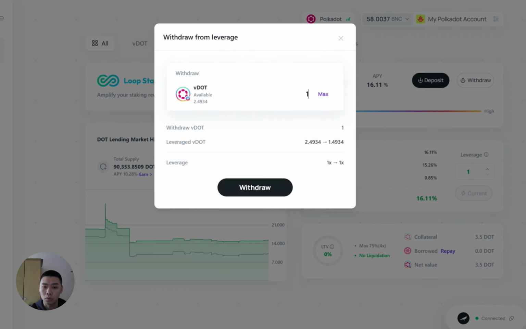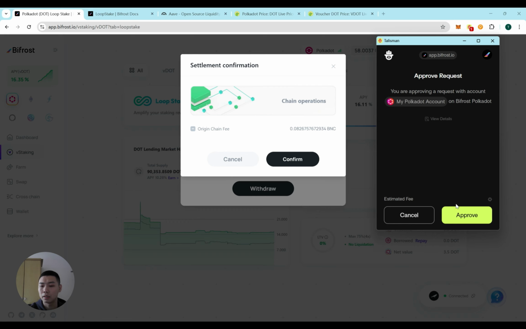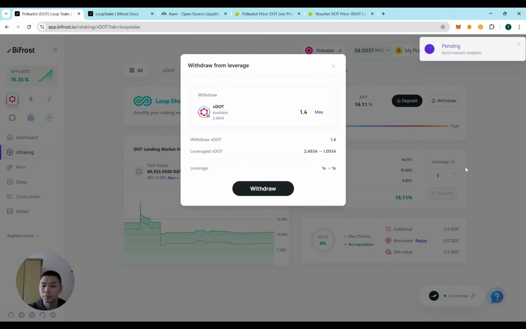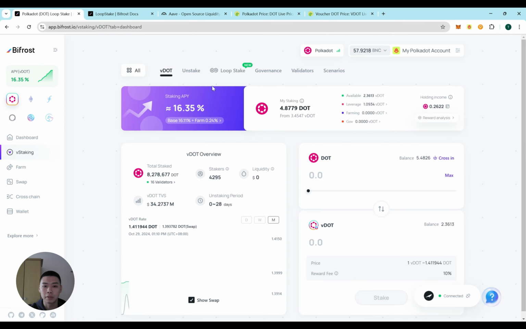Let's say we withdraw 1.4 and we keep the principal, okay? Okay, succeeded. And in our account, we only have about 1 vDOT, similar to what we set up at the beginning. And we need to go to the vDOT page